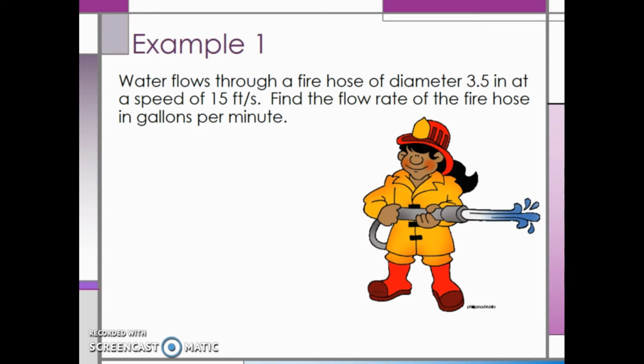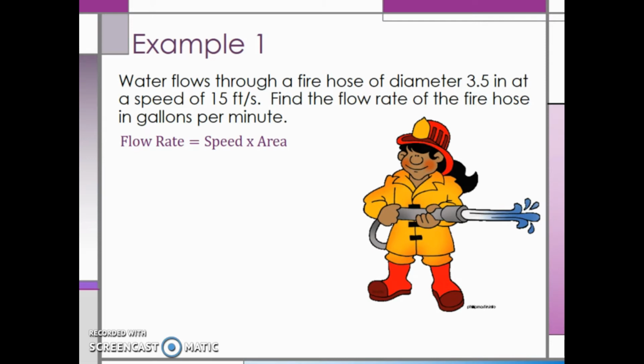There are a couple of things we have to watch out for in this problem. First, we are trying to find the flow rate, which is equal to the speed multiplied by the area. In this problem, we aren't given the area, we are only given the diameter. However, this diameter also poses a problem because the area is supposed to be in square feet, but our diameter is given to us in inches. This means we need to convert the inches into feet, so we will have an area in square feet.